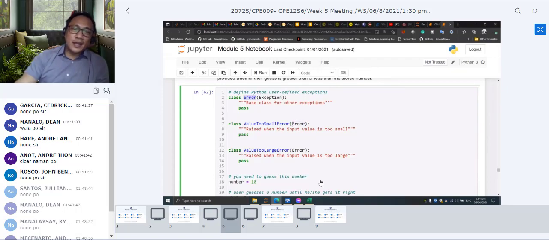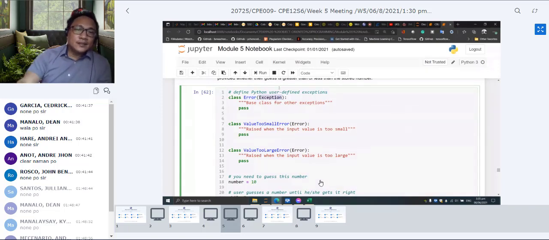Another child is this one, ValueTooLargeError. So basically this is the base class for other exceptions, but we cannot say it's a base class because it's only a child class from the exception